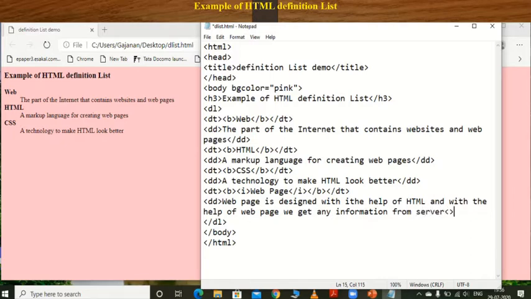Okay, so this is the definition of web page here.